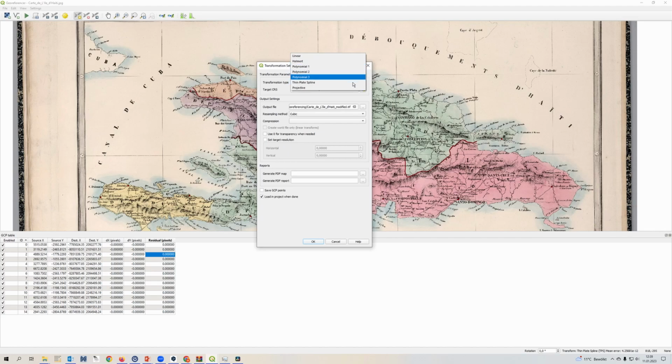The three algorithms which are interesting for us are Polynomial 1, 3 and Thin Plate Spline. It's always a little bit different which one is the best one to choose, but I must say in the last years I had the best results always with the Thin Plate Spline. It recommends more points because the map can be changed in more different ways, but it will in the end